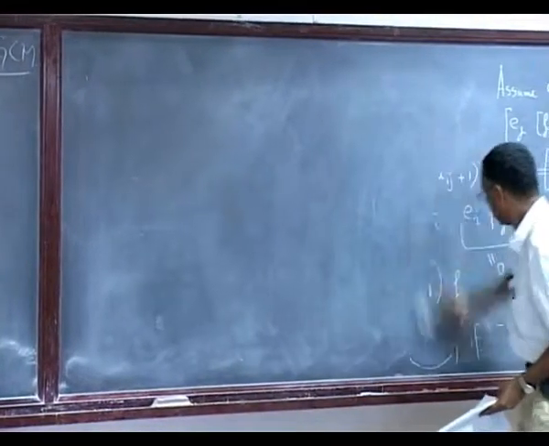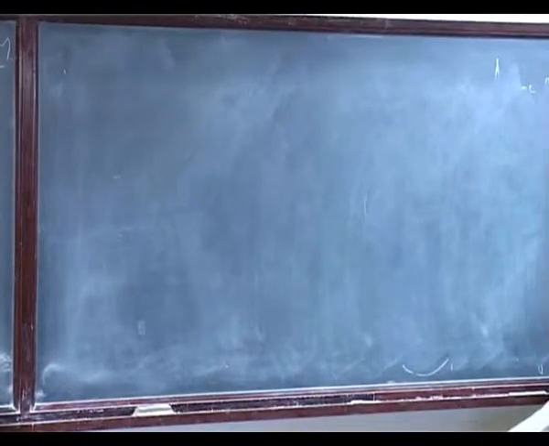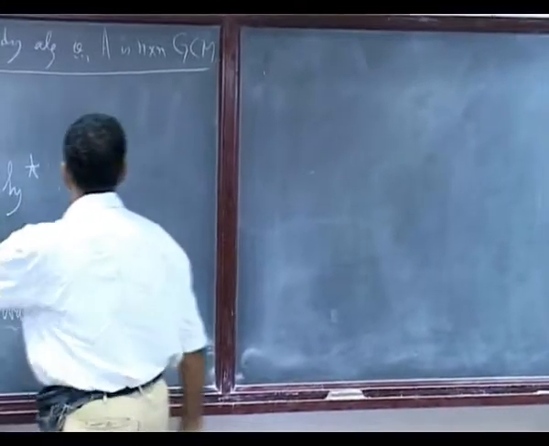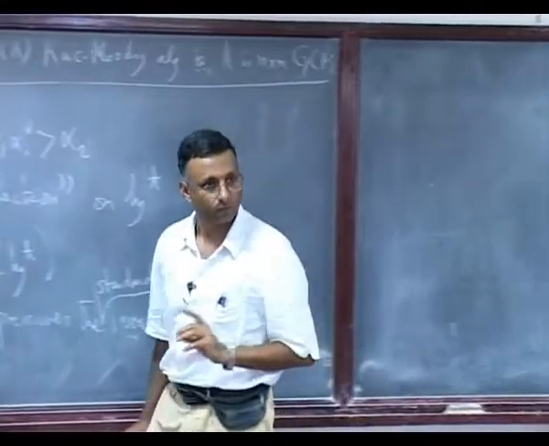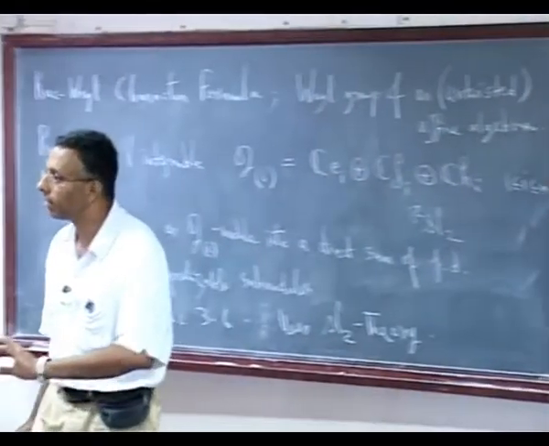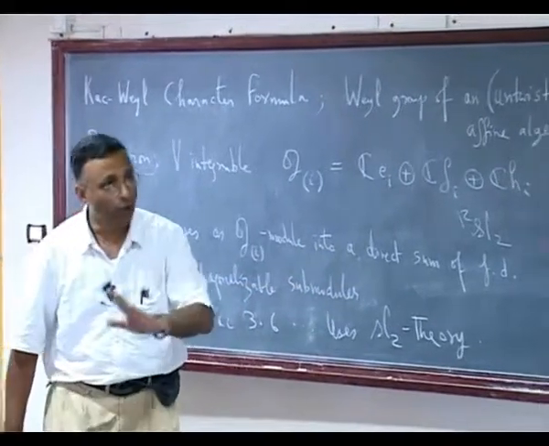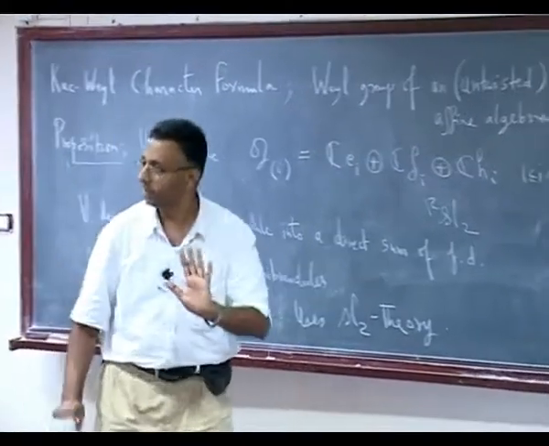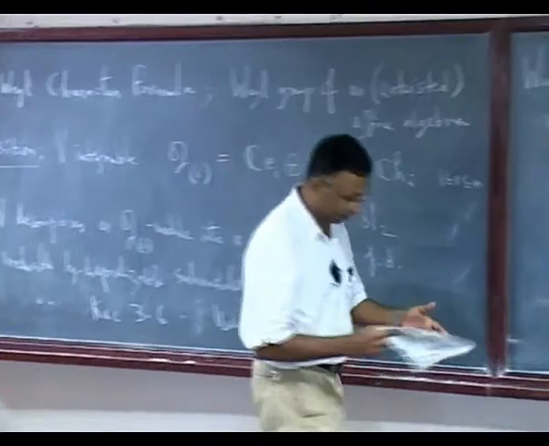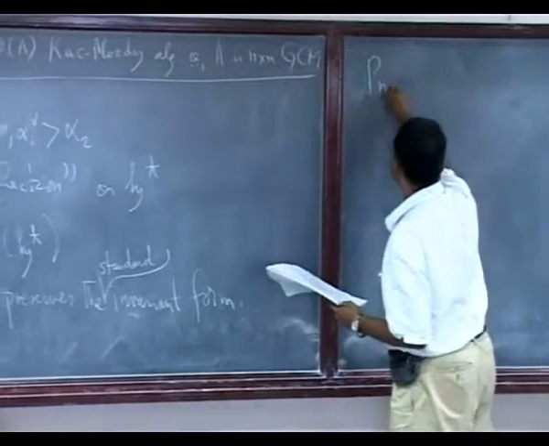There is also in Katz's book the relation between the Weil group of the dual Kac-Moody algebra, which you construct by taking the transpose of A. You can take the transpose of A and construct a dual Kac-Moody algebra, and the Weil group of that will be dual to this in the correct sense, but we'll pass over that and go on to the following proposition, which says, again a key fact,